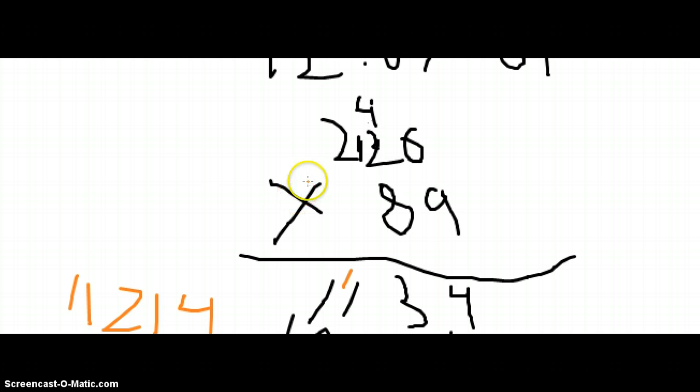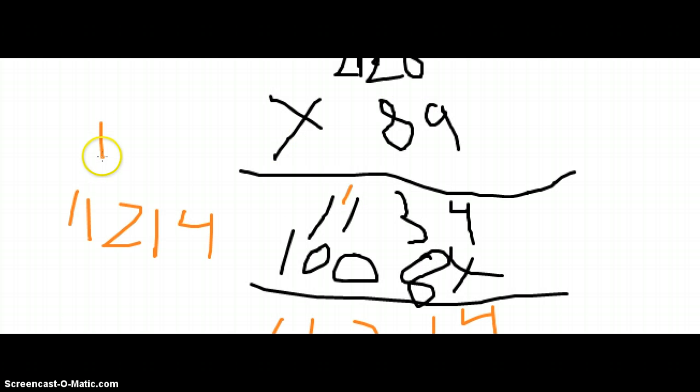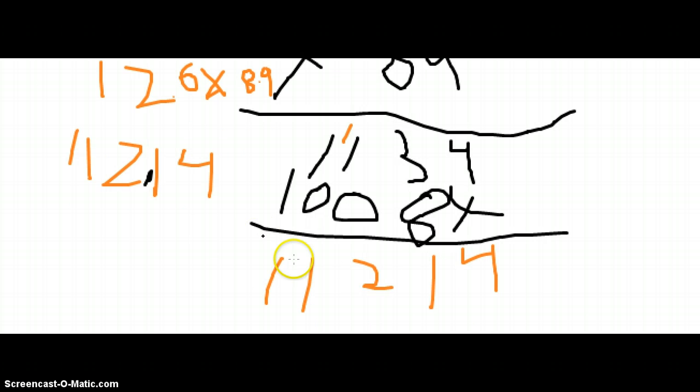So, I told you we could just do it: 12.6 times 8.9. So we could just multiply 12 with 8 and get the answer, and the answer is 96. So 96 is way closer to 112 than it is closer to something else, right? So the decimal belongs right there. So the answer is going to be